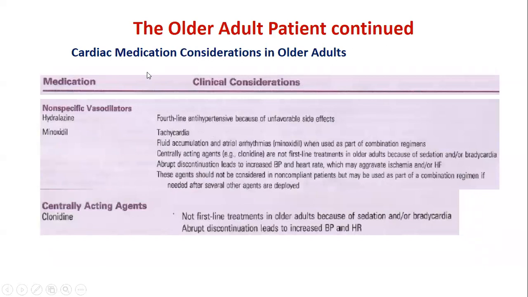What next? Next medication here is hydralazine or minoxidil. Both are vasodilators. They are fourth-line antihypertensive medications with unfavorable side effects like tachycardia, fluid accumulation, and atrial arrhythmias when used as part of a combination regimen. Then centrally acting agents like